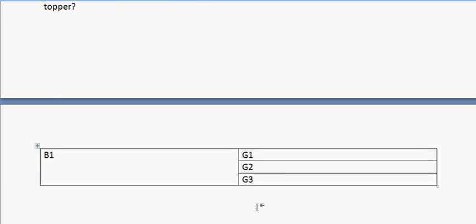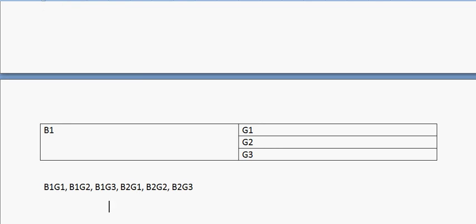So the list of the toppers would be B1, G1, B1, G2 and B1, G3, right? These can be the cases in which the girls' and boys' topper can be chosen, or it could be B2, G1, B2, G2 and finally B2, G3, right? So these are the ways in which the toppers can be chosen, which means we are choosing the boys' topper in